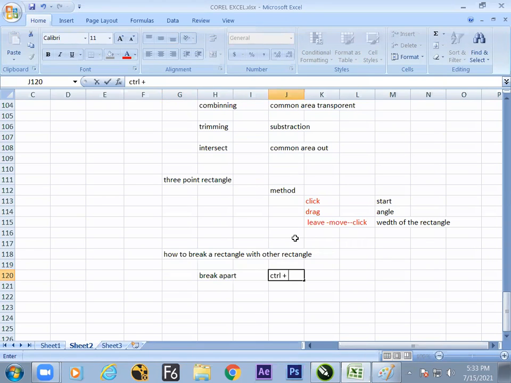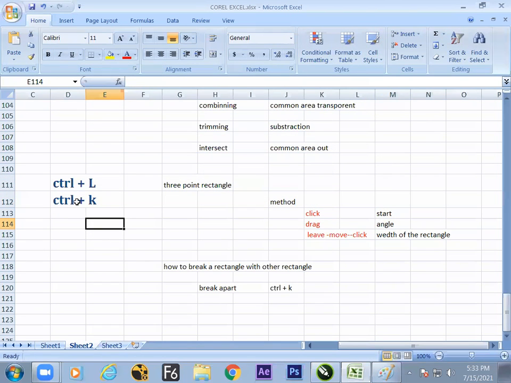Then after, get it apart by the option called break apart, Ctrl plus K. So 2 options will be used majorly, that is Ctrl plus L to get it combined, and Ctrl plus K to break apart. So in CorelDRAW, these 2 operations are important. So make a big note on this. Combine, break apart. It is combine, and this is break apart. Only these are the things to be focused on in Corel, and the rest of the things are easy.